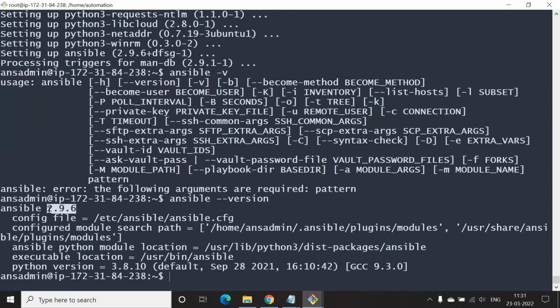Yeah, it is. Good. Cool. Got everybody? Yes. Okay. So now take a look at the config file, /etc/ansible/ansible.cfg.